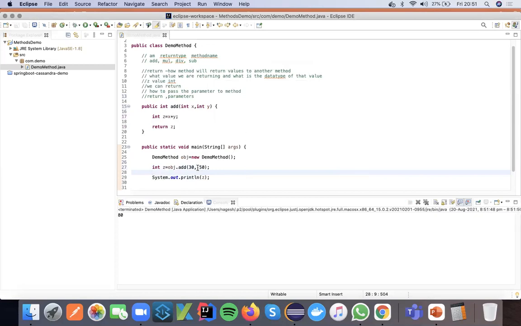So here you are sending these values to this method. This method is calculating and returning the z value, and whatever value is returned, you are accessing and printing. So you are able to pass the values to the add method, and you are able to access the value of z returned by the add method. You performed both. So we have learned returning values first, passing values next, and returning and passing values at the same time. Right, so this is all about methods.